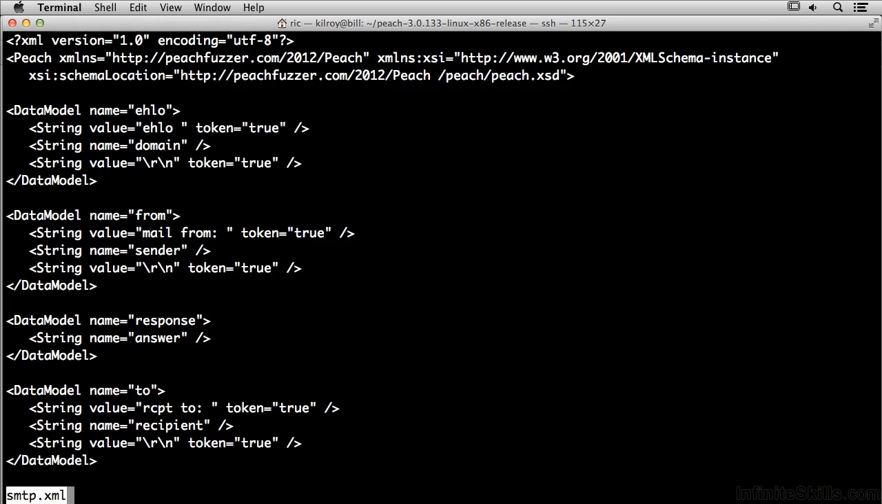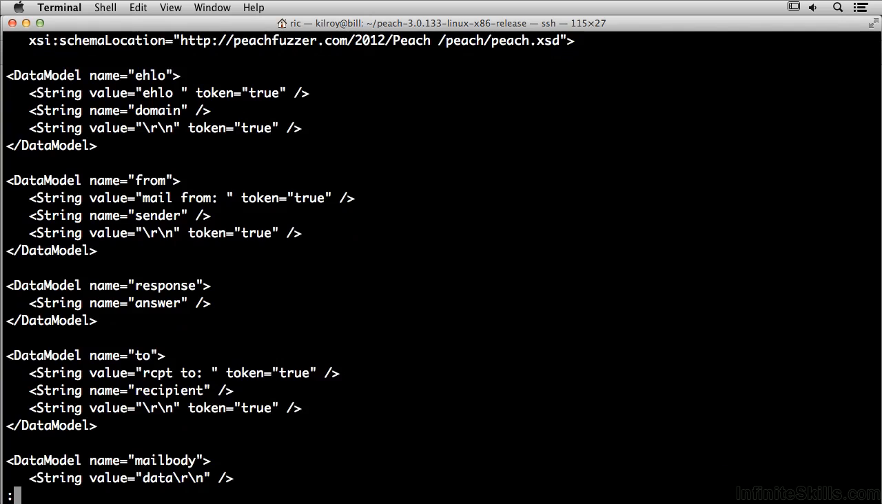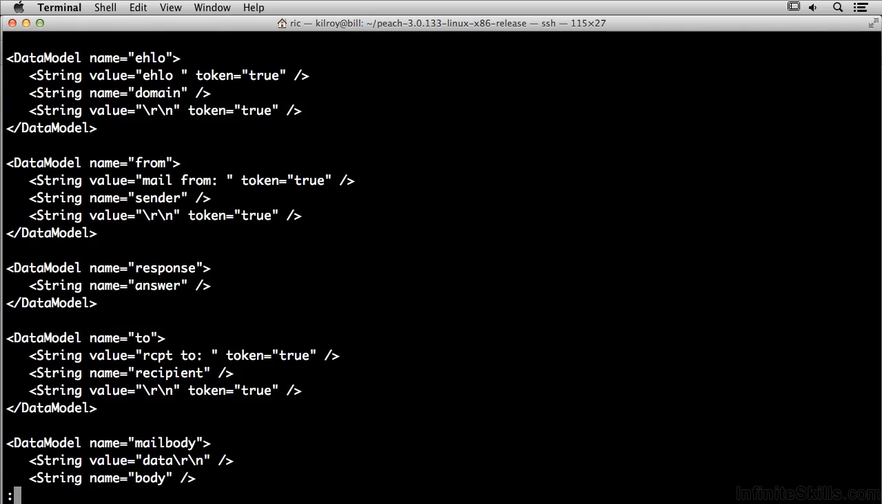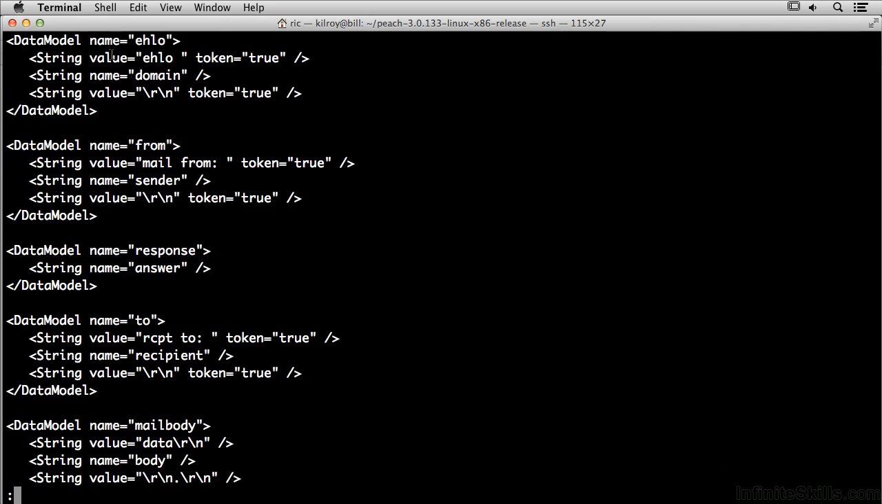SMTP exchange. Again, we've got the top here, we're saying it's XML version 1, and the encoding is UTF-8 and Peach. We've got the start of the XML here, and now I've got some data models. My first data model here actually is I'm going to use the SMTP command ehlo. And I'm going to say that's a token because I don't want to fuzz that. What I do want to fuzz is what would normally be the domain name, and we're going to do some different strings in there. And now I'm going to send a carriage return line feed, and I'm going to say